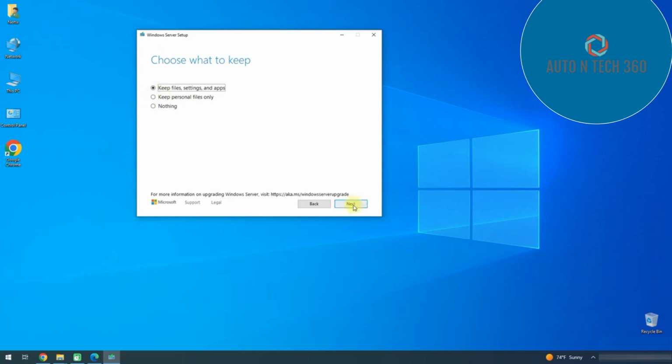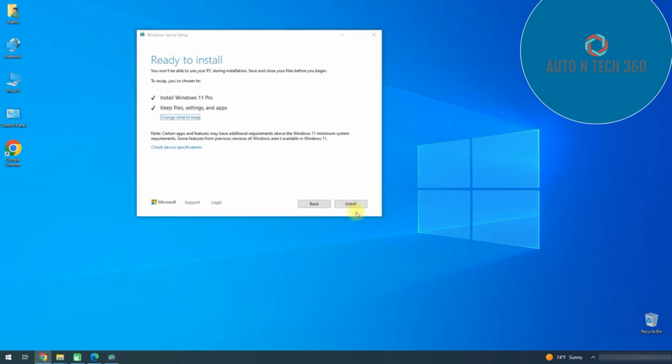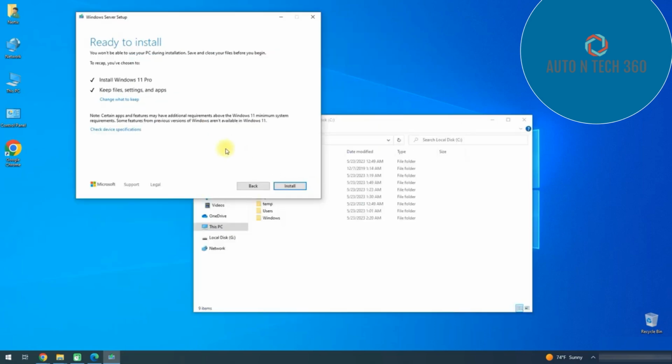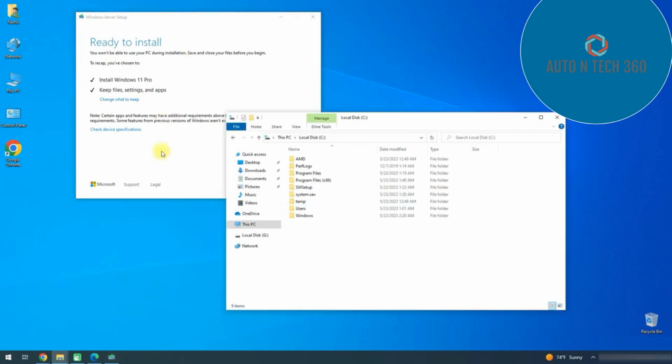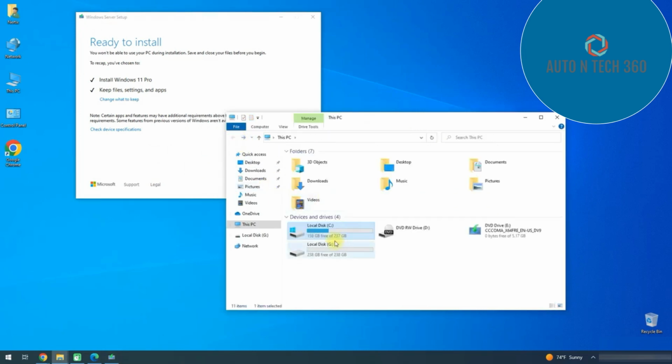So if you see this, keep files and keep personal files. If I click now keep files, settings and apps, then you will see that it's making sure you are ready to install. Then let's see the next message. So as you see, I'm ready to install Windows 11 Pro and keep files and settings. And then click this button, install. I will install it. If you again have a problem and you don't see this window, get ready to install, or installation interrupted, you see that error, not enough space,